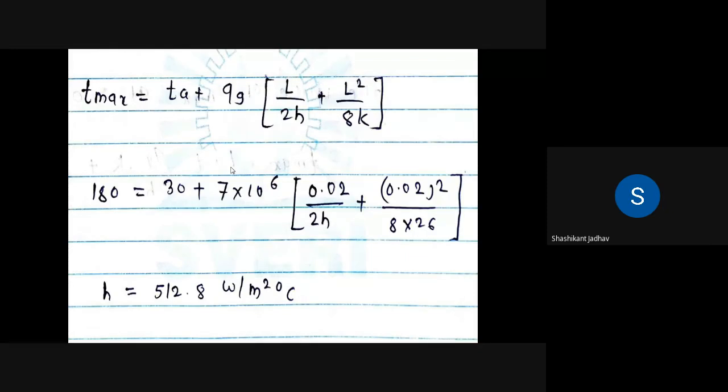Okay, so this is related to the internal heat generation. अगोदर जे बघितलेलं त्याच्यामध्ये आपण इंटरनल हीट जनरेशन कन्सिडर करत नव्हतो, पण whatever the derivations we have taken in the last 2-3 lectures, in that we have considered that there is internal heat generation. So according to that we have derived the derivations, we get some equations, and by using that we have solved the first problem. In the next lecture we have to solve another problem on this.